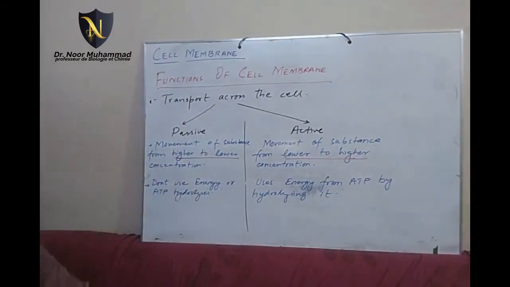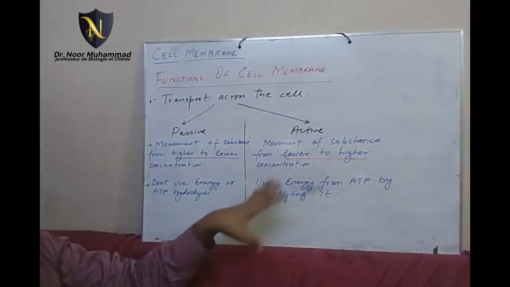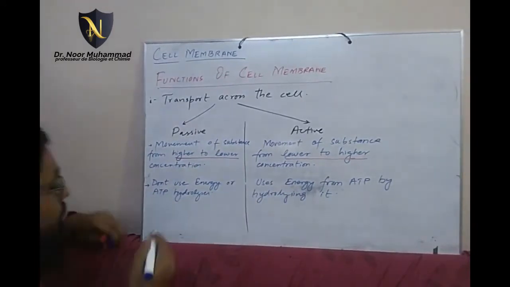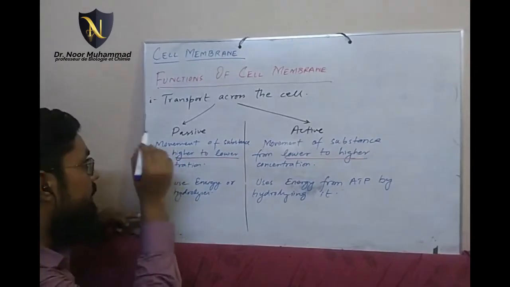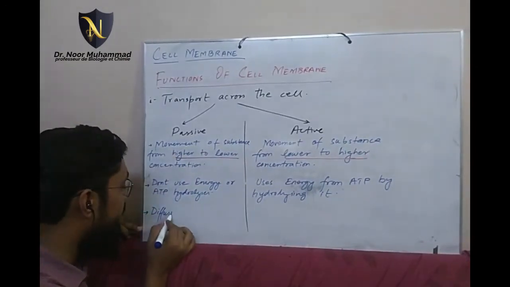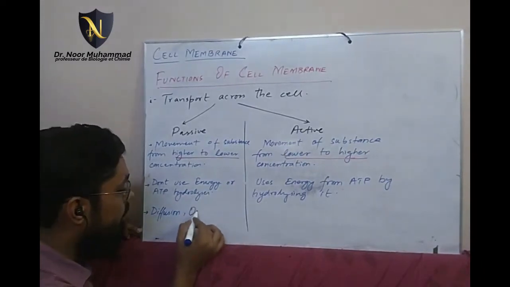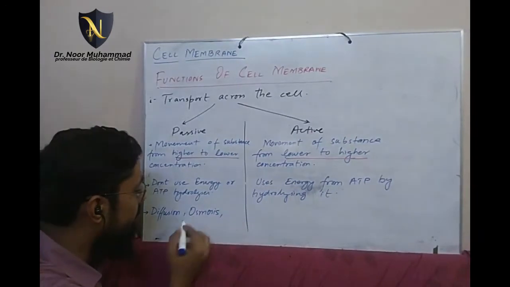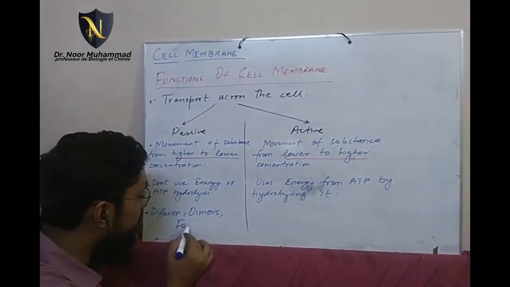ये वाले जो हैं एक्टिव ट्रांसपोर्ट में हम क्या देखते हैं कि एनर्जी यूज होती है, एटीपी हाइड्रोलाइज होता है. अच्छा, यहाँ पर जो टाइप्स है वो क्या है पैसिव ट्रांसपोर्ट में? पैसिव ट्रांसपोर्ट इज ऑफ 3 टाइप्स. नंबर 1 डिफ्यूजन, नंबर 2 ऑस्मोसिस, एंड नंबर 3 जो कि आपने ओ लेवल्स में नहीं पढ़ा हुआ, दैट इज